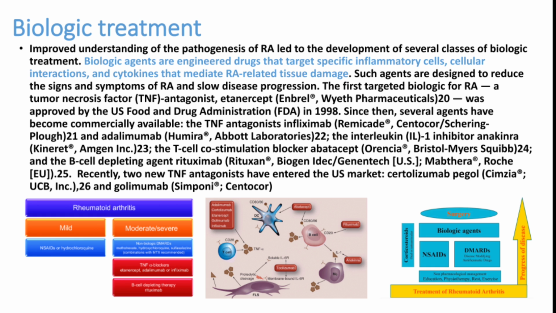That can also be given as a salvage therapy immediately after you diagnose. If the patient is having severe symptoms, for immediate action we can give biological drugs like this and slowly taper down to another drug like what we discussed previously, like methotrexate or hydroxychloroquine. Or the dose can be repeated at a different time. These drugs can be given initially in patients with severe symptoms, or if the patient does not improve with routine DMARDs, we can switch to these drugs.